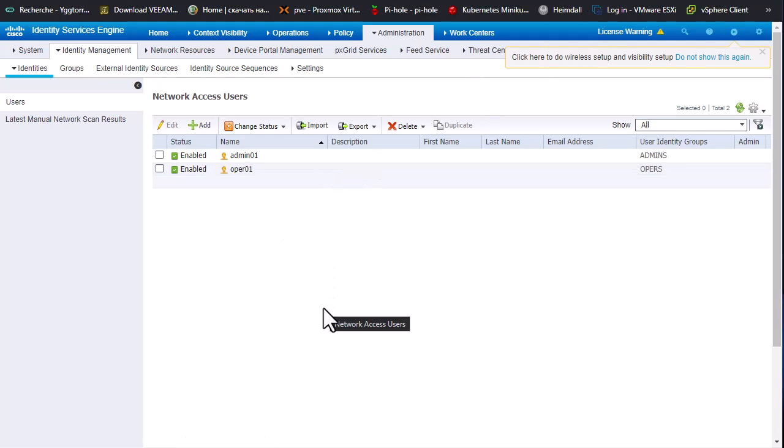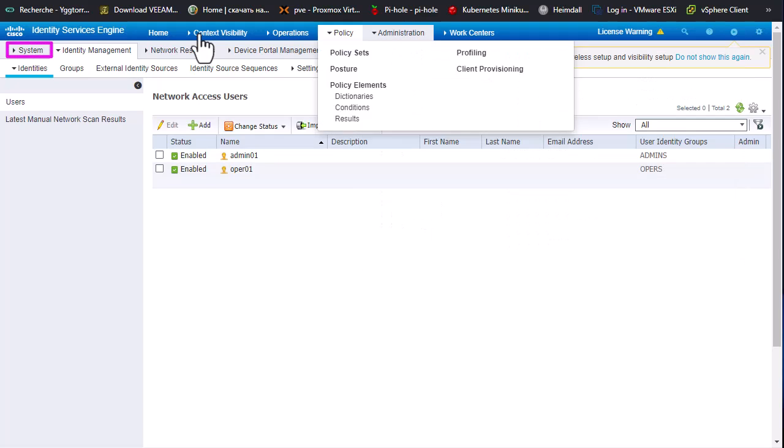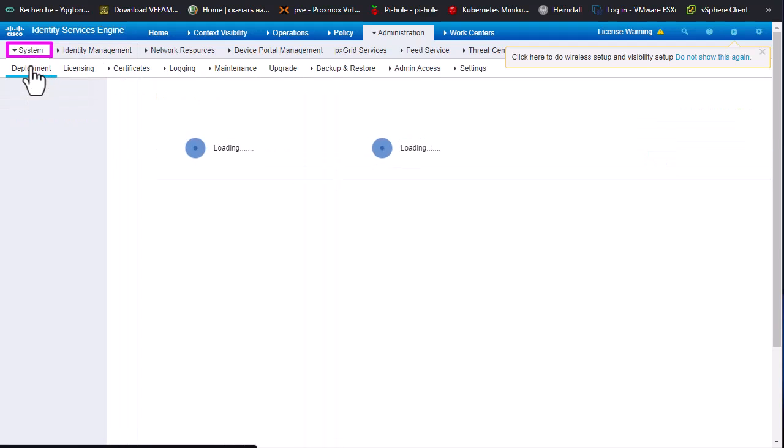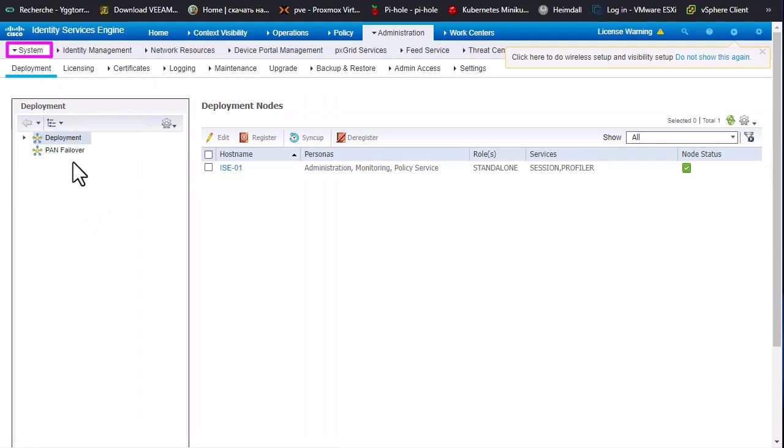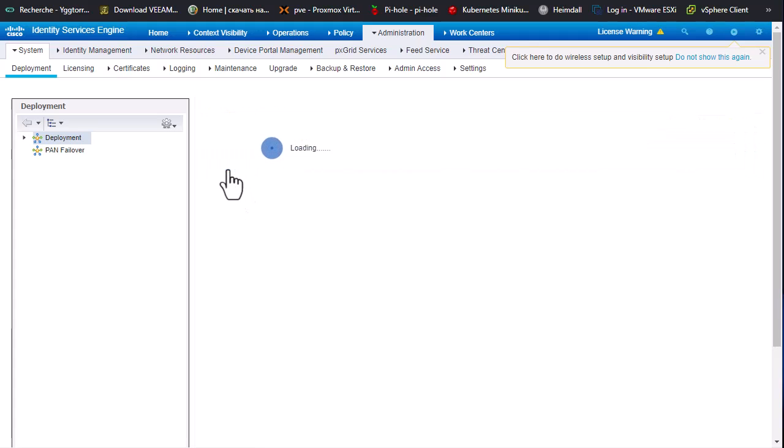Okay, so before we proceed to the other step, there is a very important thing that we must enable in order to enable the TACACS Plus protocol on this Cisco ISE. So in order to do that, we go to Administration, System, Deployment. And here you can see the different deployments. So the default one, and here you can see the name of your Cisco ISE server. So you click on it in order to edit it,